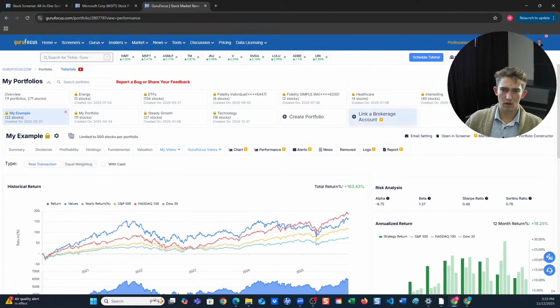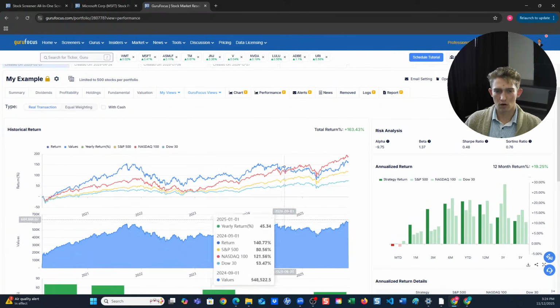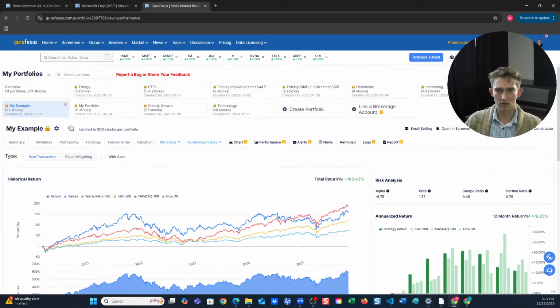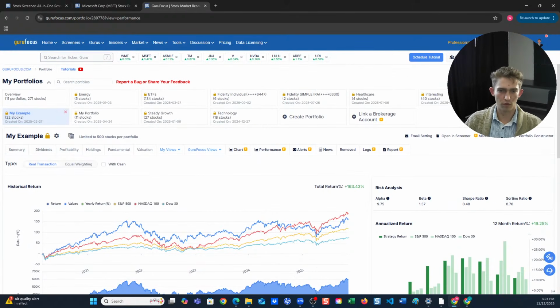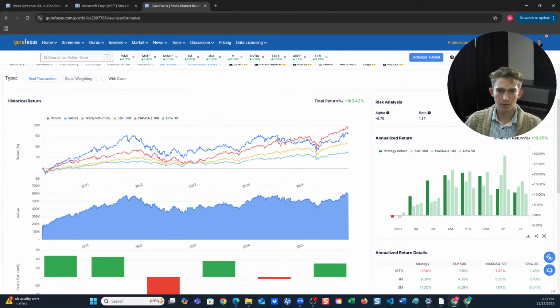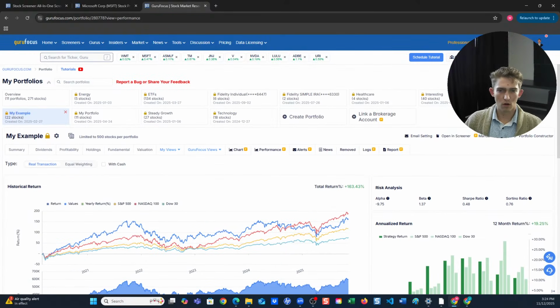Or if you come in and click this link a brokerage account button, you can actually sign in to your brokerage account through GuruFocus, link your real portfolio, and then do all of your risk and return analysis of your actual portfolio here in GuruFocus, which is another super powerful tool. It's super safe. That gives you all the other GuruFocus portfolio related tools like the charting feature, the customizable tables,